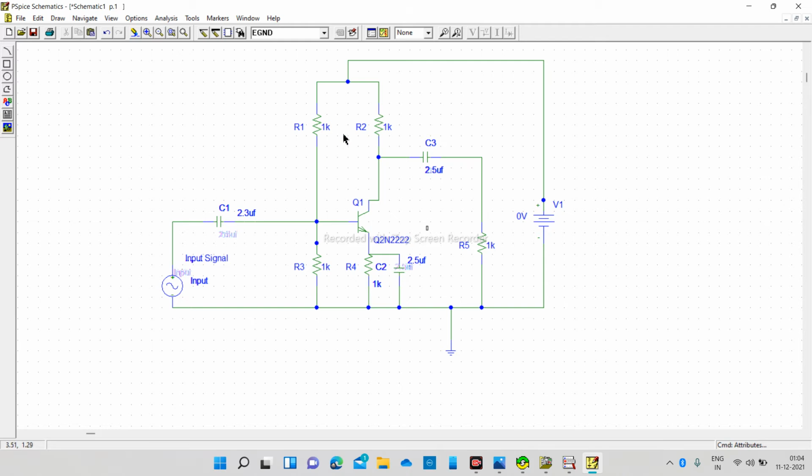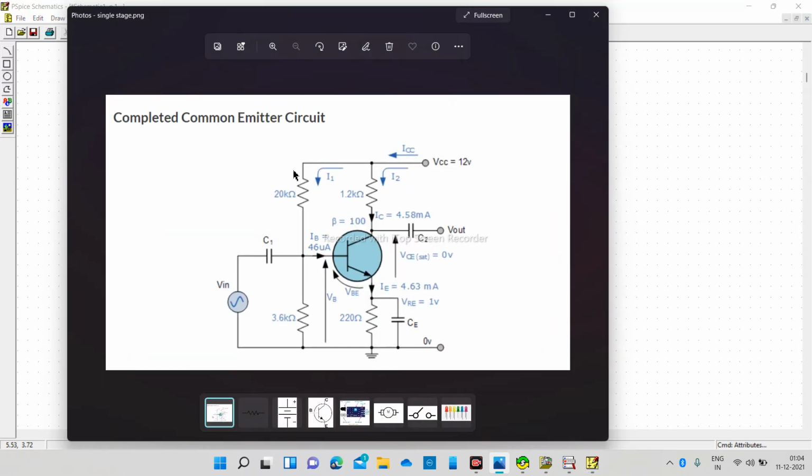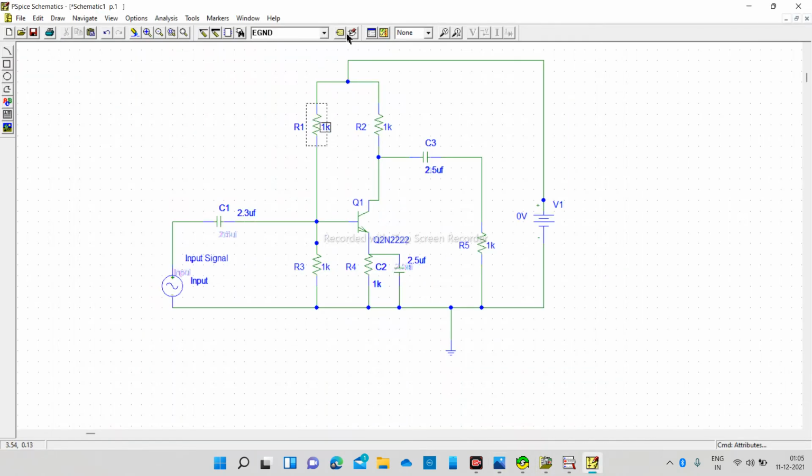Yeah, sufficient. Now we will give R1. We are assuming the circuit, so our R1 is 20 kilo ohm. Give it 20 kilo ohm, okay, sufficient.